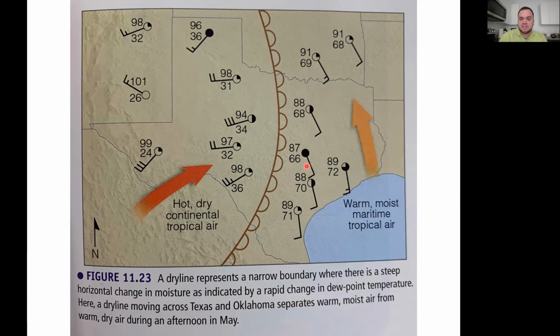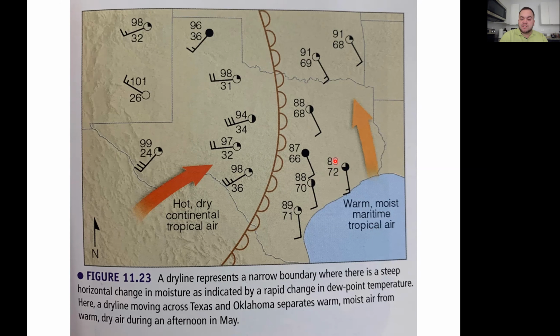This is the state of Texas. Here's Oklahoma. Here's northern Mexico. This blue here is the Gulf of Mexico, which is the source region for the maritime tropical, or hot and humid, air. And so look at our weather symbols, or our weather station plots, that we learned several weeks